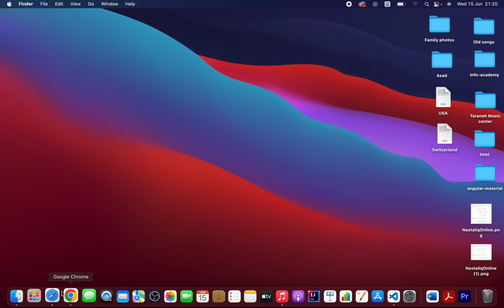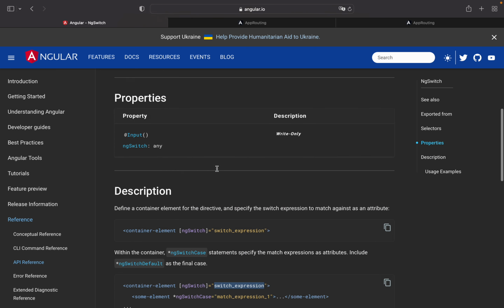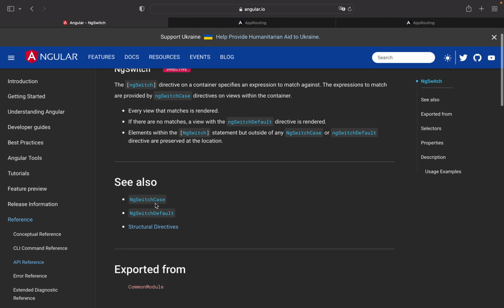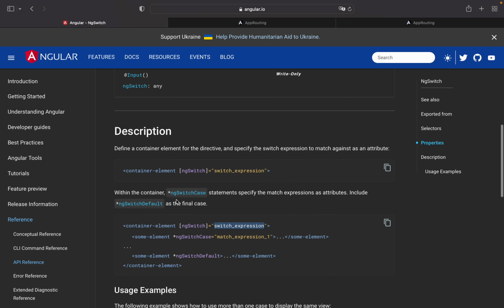In this video I'm going to show you how to use NgSwitch to set conditions on your HTML element. NgSwitch directives on a container specify an expression to match against, and we have NgSwitch, and also we have NgSwitchCase. Okay, how can we use it? Let's